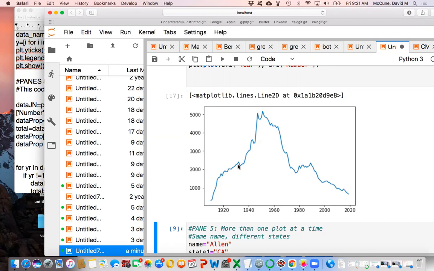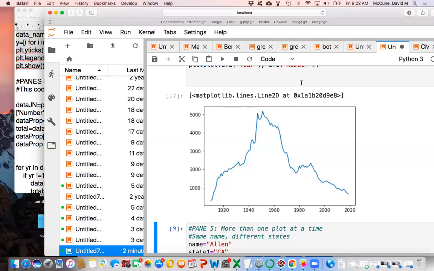There were also just more babies being born. So across this entire time span, more and more babies are born each year because the birth rate of the US just kept increasing. So if you look at this upward tick here, you might say, oh, Allen is becoming a more popular name. And it is if you're just measuring raw numbers. But relatively, it might not be more popular because it might not be keeping track with population growth.